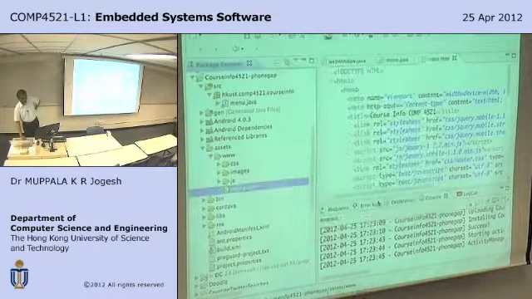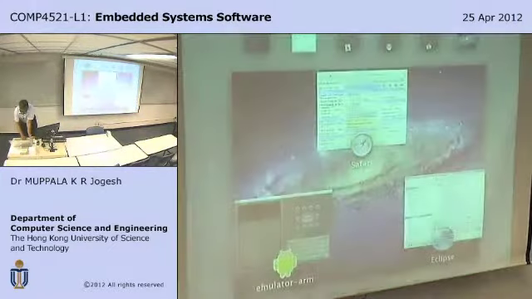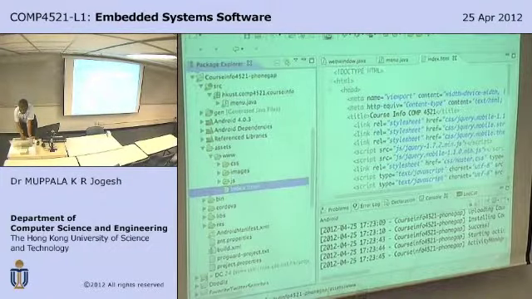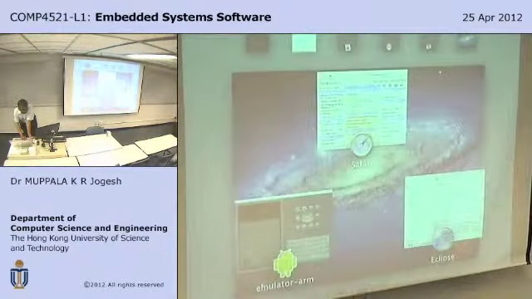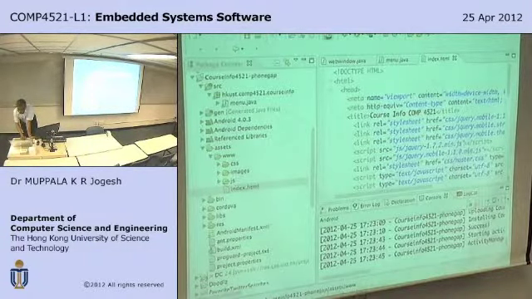Okay. Let me go to the directory that contains this web page. I'm simply browsing to the directory that contains this web page, and then I will open that file in the standard web browser,